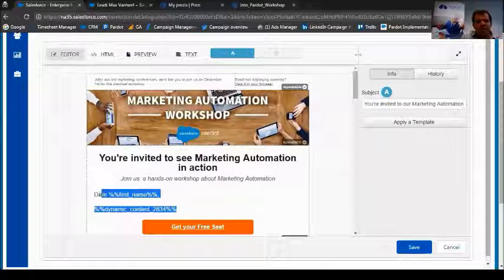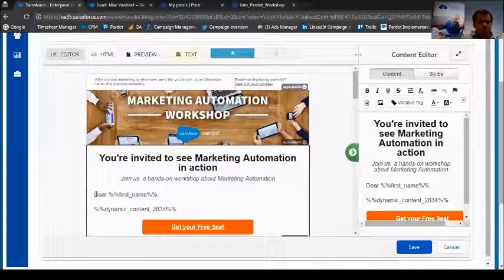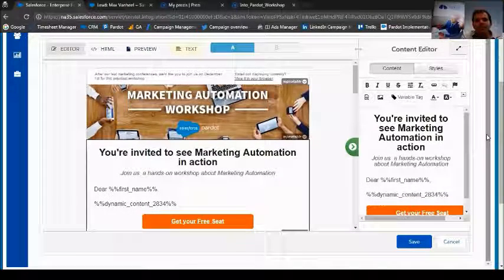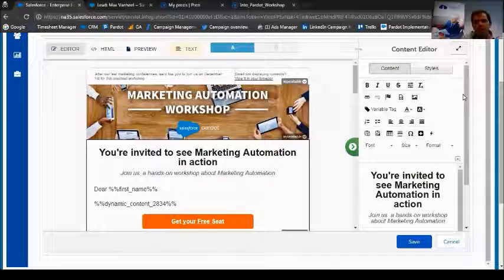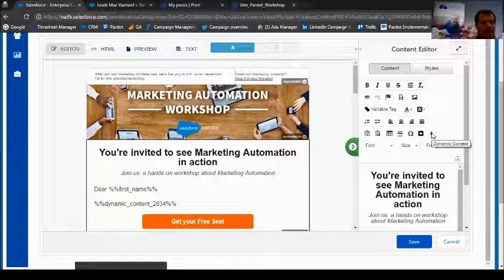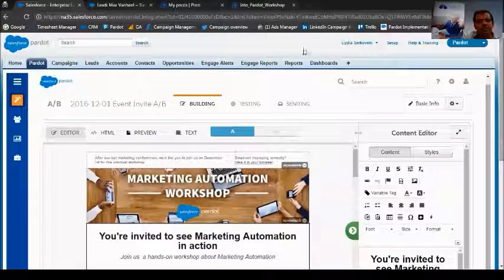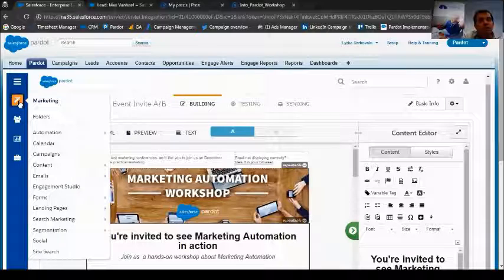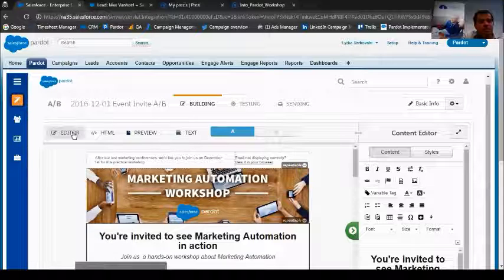Here, you notice you have this weird coding. You don't know why it's here. This is actually dynamic content, and I'm going to go to another section of Pardot to show you this. Basically, you use this little button here to choose the dynamic content that you want to add into this email. Dynamic content allows you to personalize the content of your email